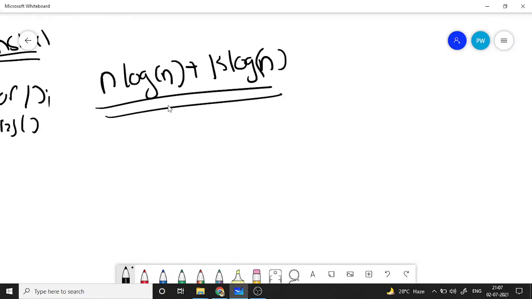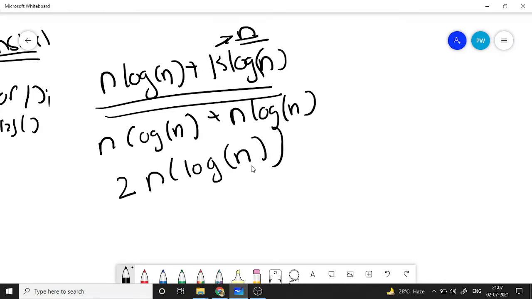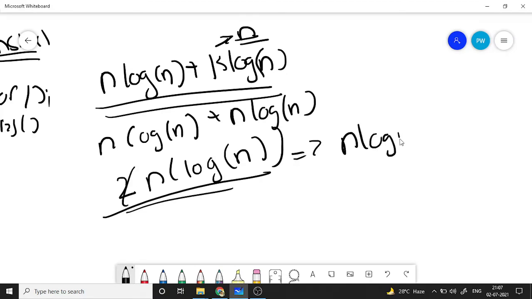So overall, k can go maximum up to n, so it will be n log n plus n log n, so it's 2 n log n, so we can say it's n log n time complexity.